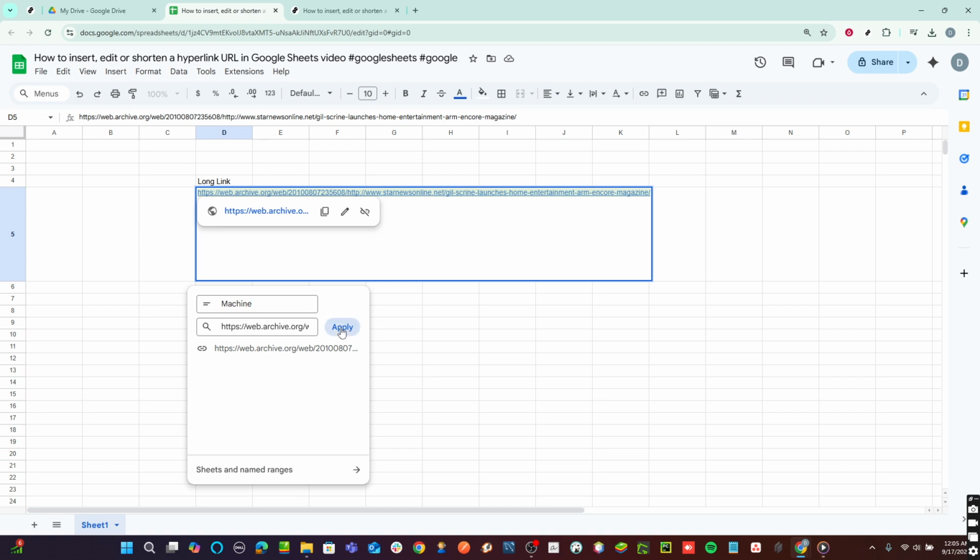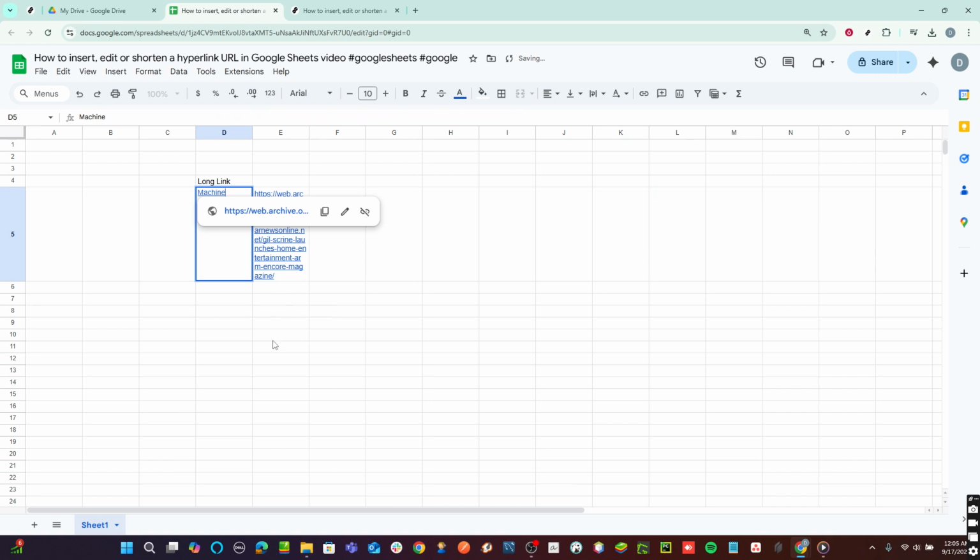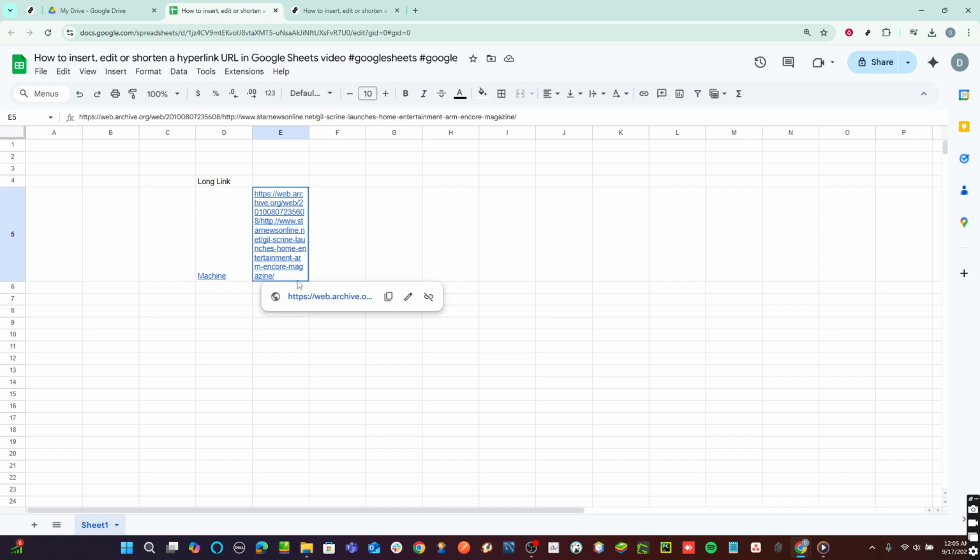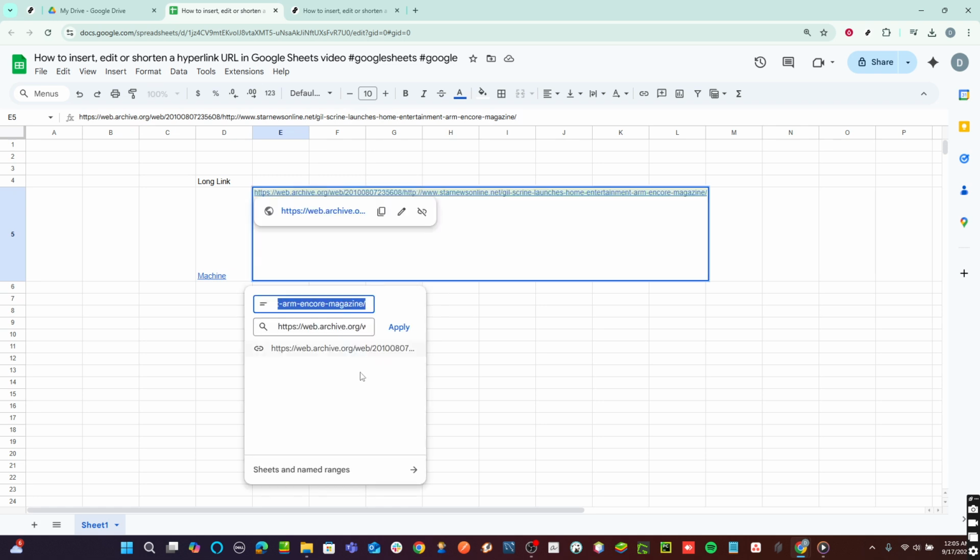Now, if you need to edit this link at any point, perhaps to correct the URL or change the displayed text, it's easy. Click on the cell that holds your hyperlink. A small box will appear under the cell showing the URL. Alongside it, there's a pencil icon. Click it. This takes you back to that original editing dialog where you can make any adjustments needed. Whether it's changing the web address or updating the displayed